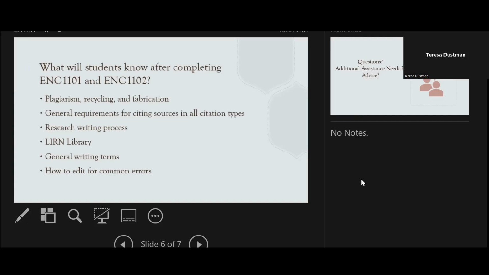And those common errors that I spoke about earlier: the run-ons, the comma splices, the fragments, the subject verb agreement, the pronoun agreement errors, the dangling modifiers, awkward sentence structure, and formal writing problems. I find that a lot of students are still thinking that they can use "you" in their professional, formal academic writing.